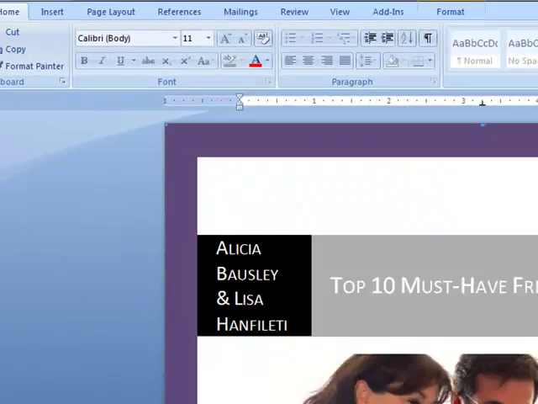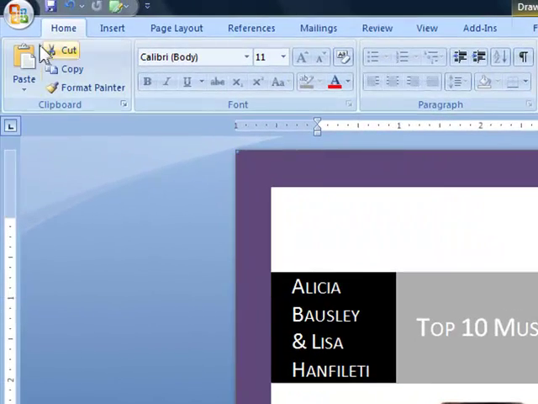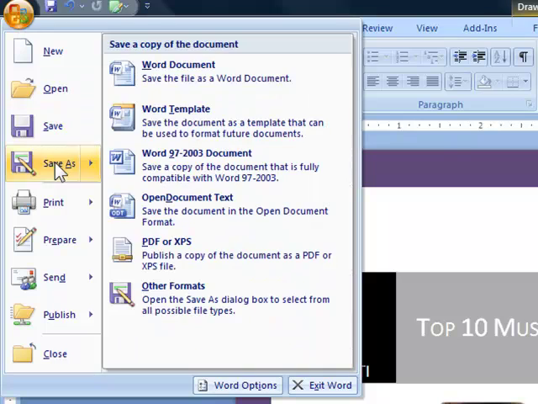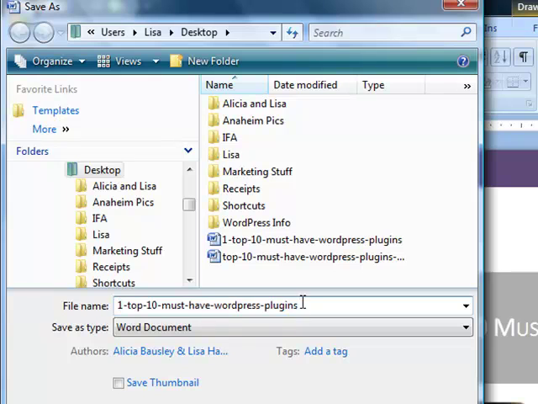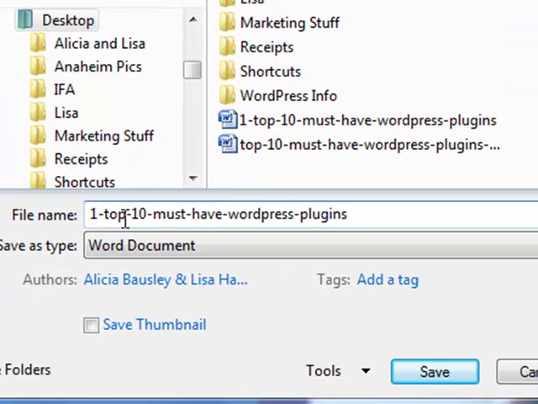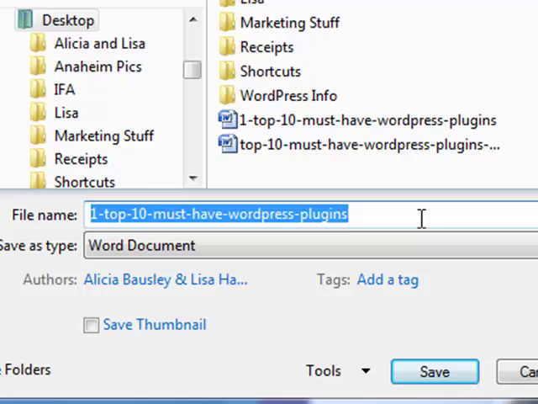The last thing I want to do is show you how to name this. I've already named it, so I'm going to have to do a save as right here. And I want to show you this. I have dashes in here, and you either want to use dashes or underscores when you're naming a document. Now, Word lets you name things without putting spaces in there. The problem with that is if I was to name this top 10 must have